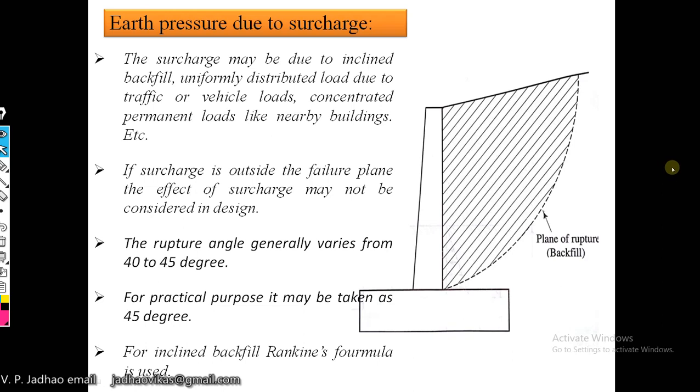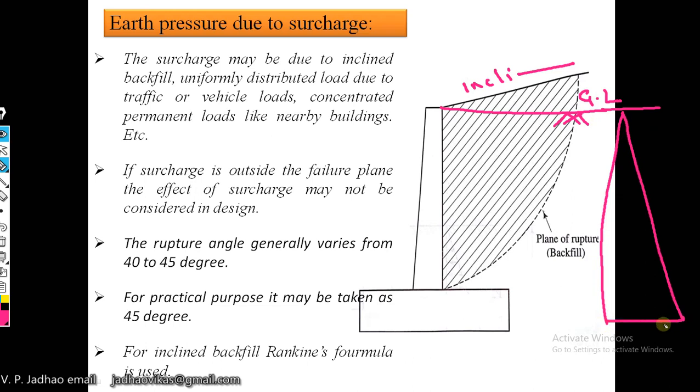Now, earth pressure due to surcharge. What happens if we are having some horizontal backfill like this? If our ground level was like this, we consider this as a horizontal backfill. But if we are having some inclined backfill like this, what will happen? Again, along with this particular pressure, that is Ka into gamma h, which is caused due to this height of your retaining material, for this particular region,